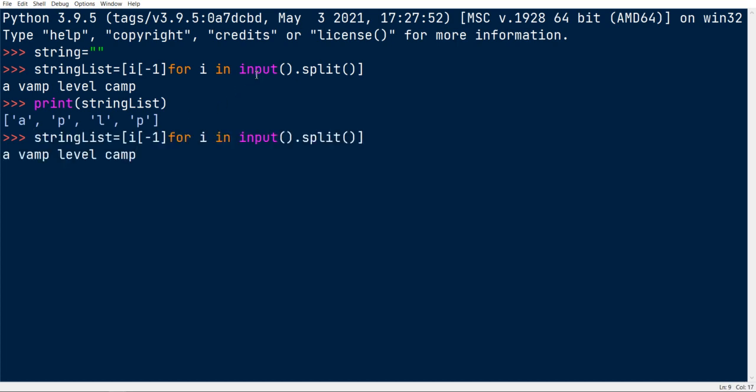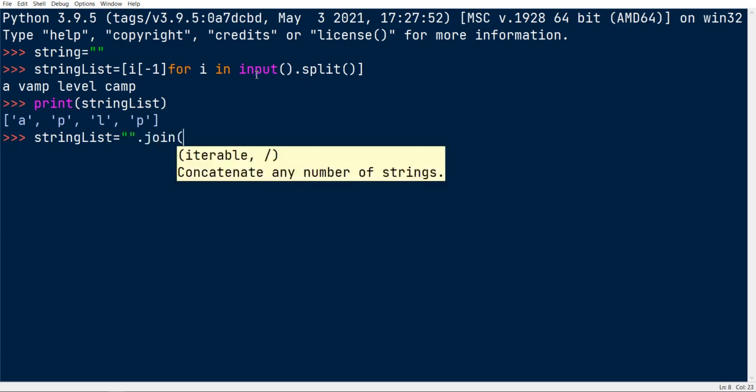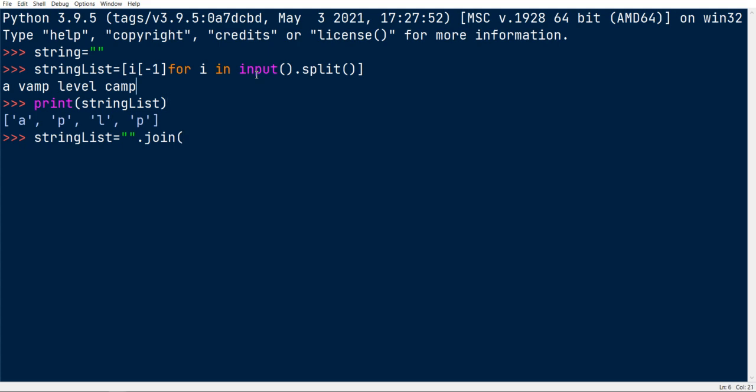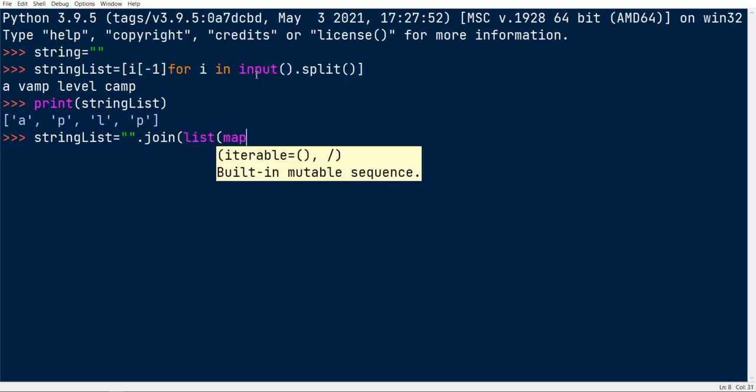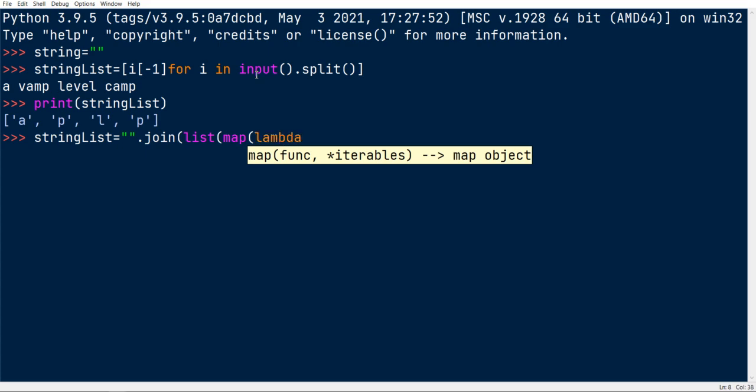We can just get rid of the loop by using a map function: dot join of, you can either put this list value or come with a map function, list of map of lambda x: x of -1, comma input dot split.